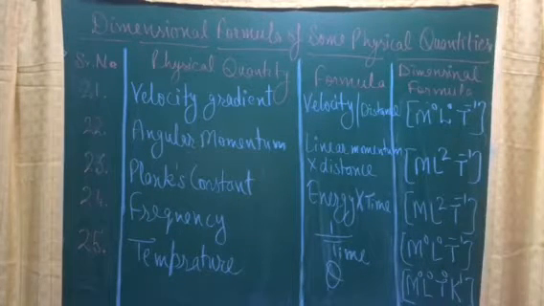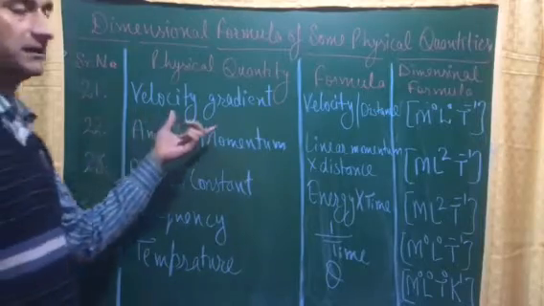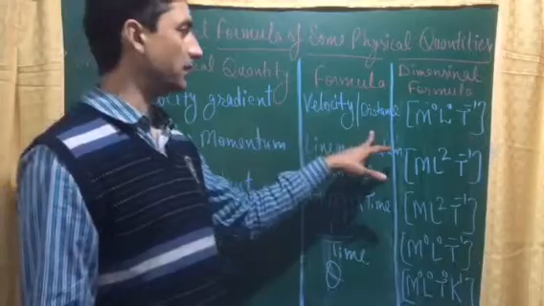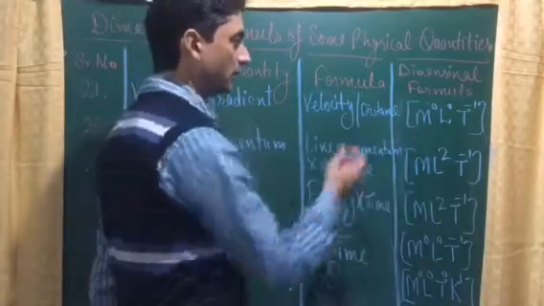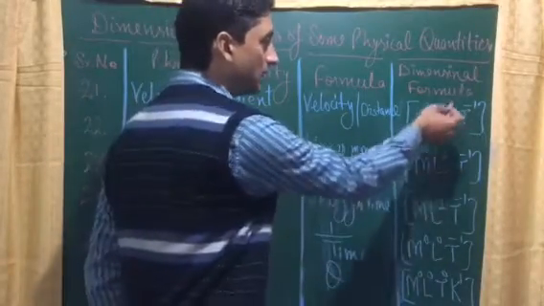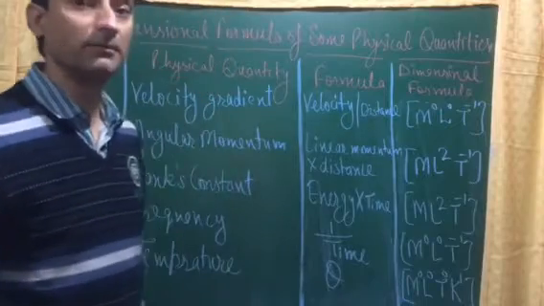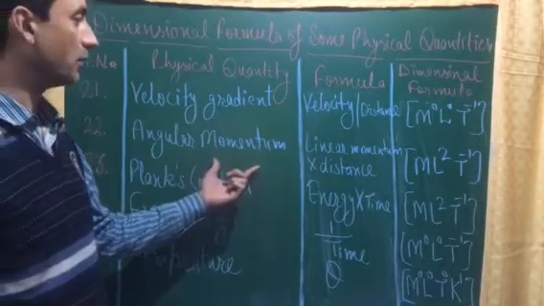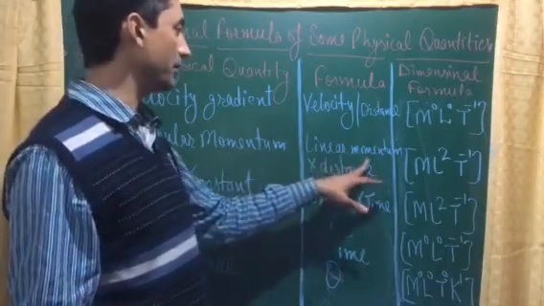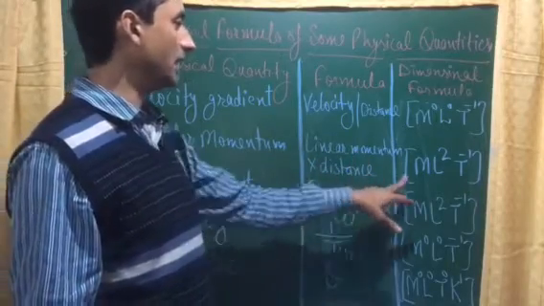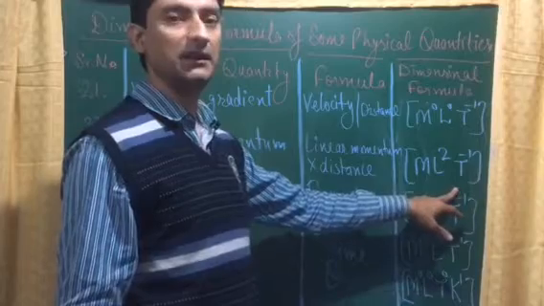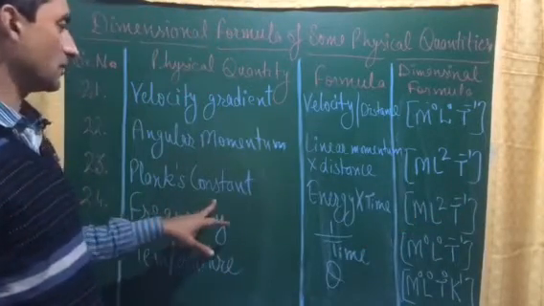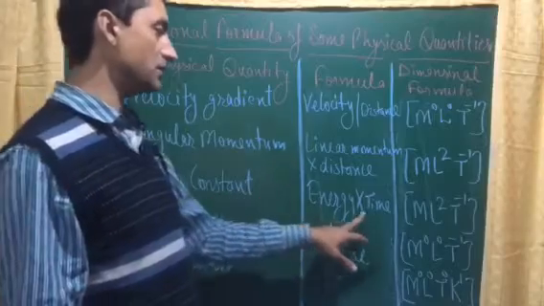So next is velocity gradient. The formula for velocity gradient is velocity upon distance, and the dimensional formula is M0 L raised to power 0 T raised to power minus 1. Next, angular momentum. The angular momentum formula is linear momentum into distance, M L2 T raised to power minus 1. Next, Planck's constant, and the formula is energy into time,